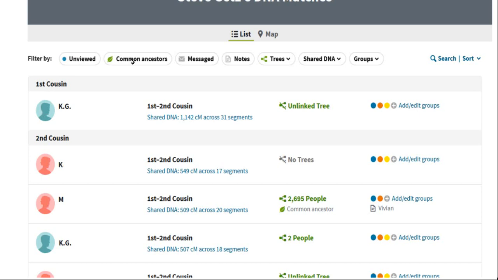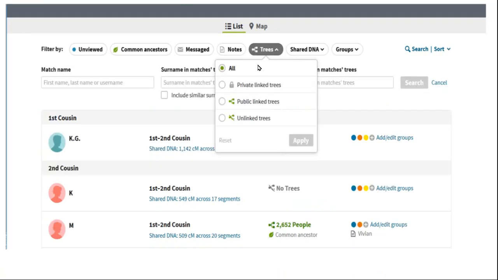You could see just people that have a common ancestor. That's this little leaf down here. You could see just people that you've previously messaged. You could see just people that have notes down here. This is a note. You can view your notes here, but you can't edit them here. We're going to show you that later. And finally, trees. We can show people that just have private trees, just have public linked trees, or just have